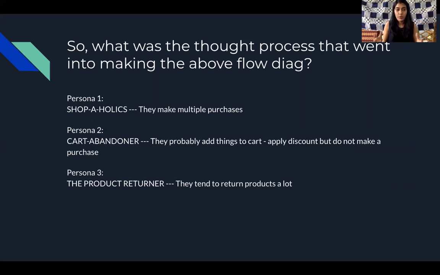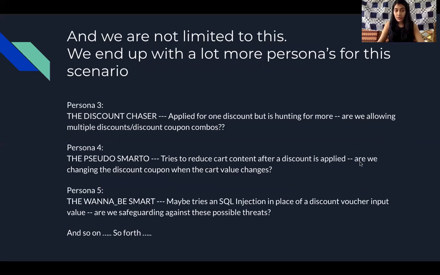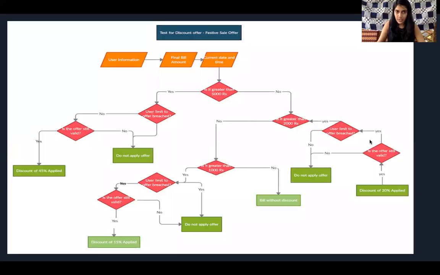We have people like shopaholics, we have cart abandoners, and we have product returners. We have many other personas, people who always want to chase discounts, and people who want to probably try and hack the discount module to get more benefited, probably in an illegal way, but still benefited. Now let us come back to this solution that I showed you, which we get when applying personas. If you can see here, the input field that we take is not only the bill amount. We're considering user information,